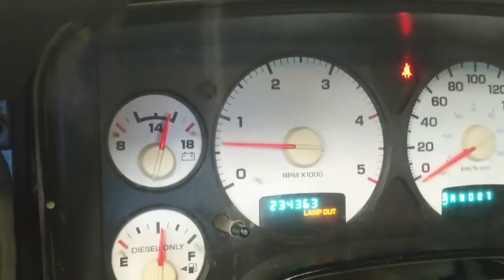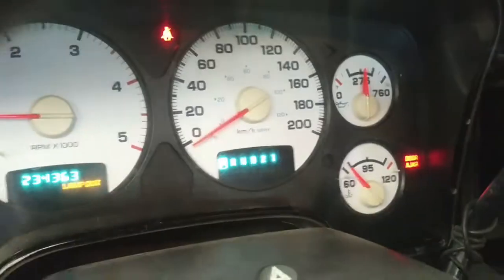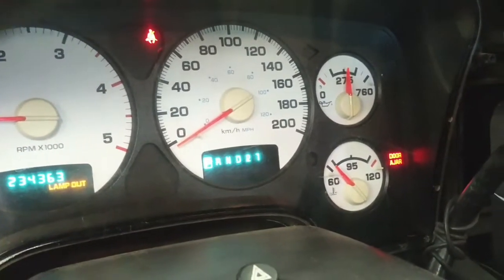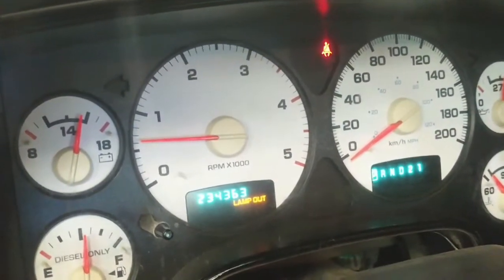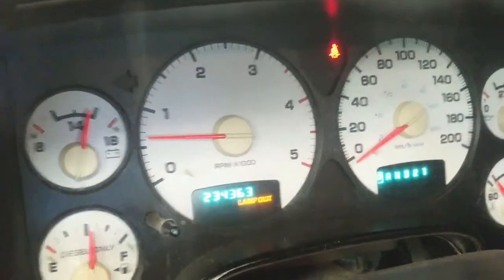So I got the original instrument cluster back in this truck. Gear shift indicator indicating park right now, and it's in park. It's only been running for a few minutes. Different odometer reading. There is a module on the back of the instrument cluster that is remote keyless entry that